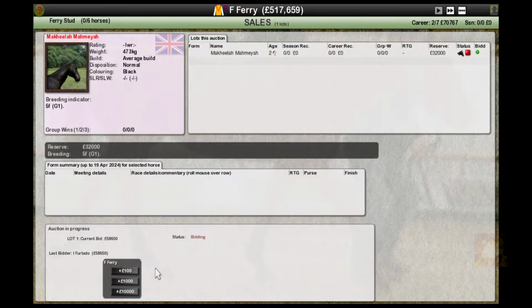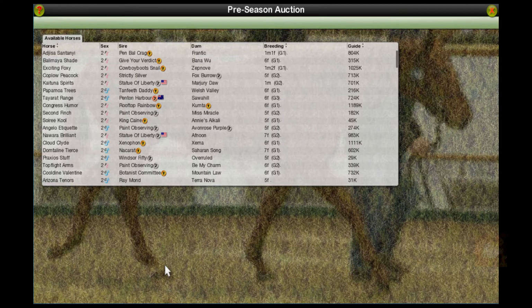They're going up in £1,000. There's a few people bidding on them. Is there about 100 in there? That's 60 grand. I can afford that. Going twice. I've nicked it. Alright. Then the other one was